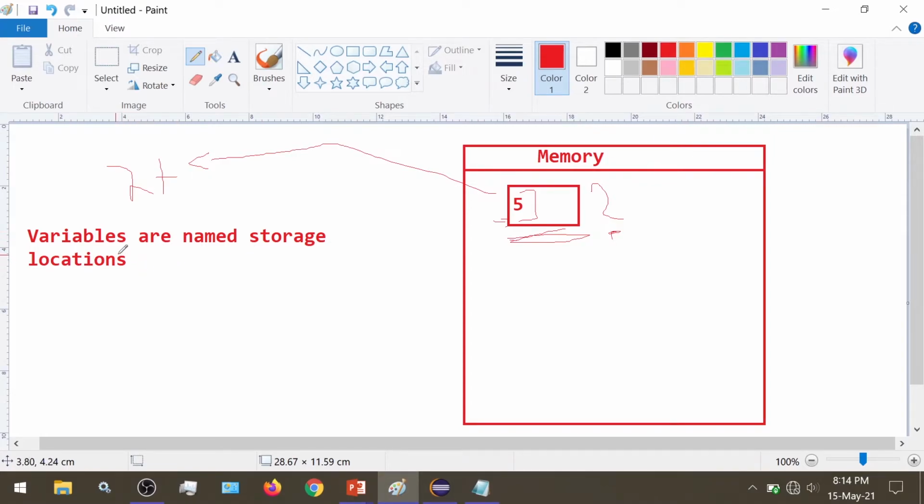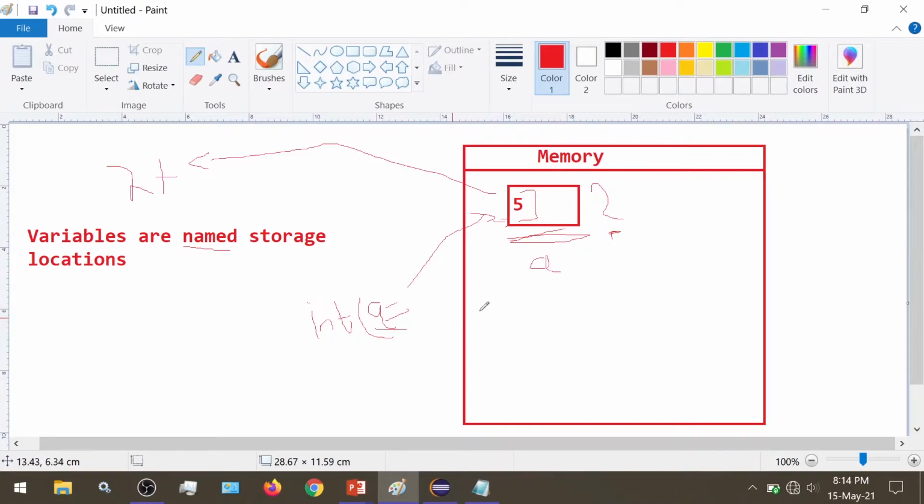Then, named. When we declare int a equal to 5, we are making a point to this memory location where the value 5 is stored, or more precisely, we are naming this storage location as a.